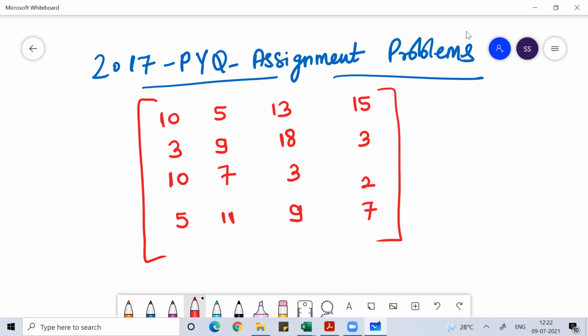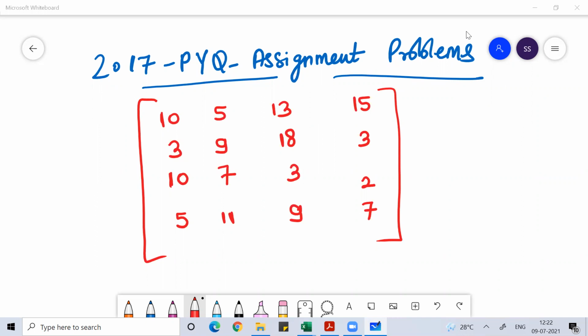So whenever you have an assignment problem, how will we solve it? We'll solve this problem by using the Hungarian approach. Whenever we are using the Hungarian approach to solve this problem, what will we do? First, we look into whether the matrix is a square matrix. Square matrix means the total number of rows should be equal to the total number of columns.